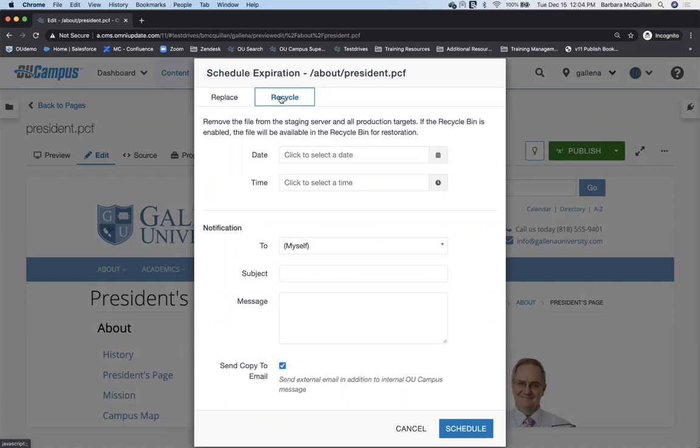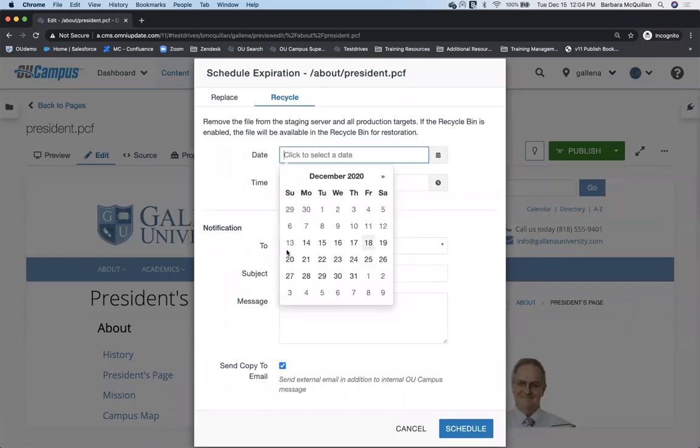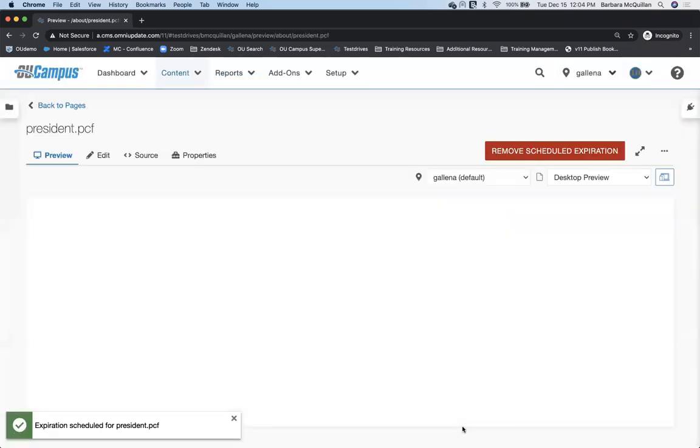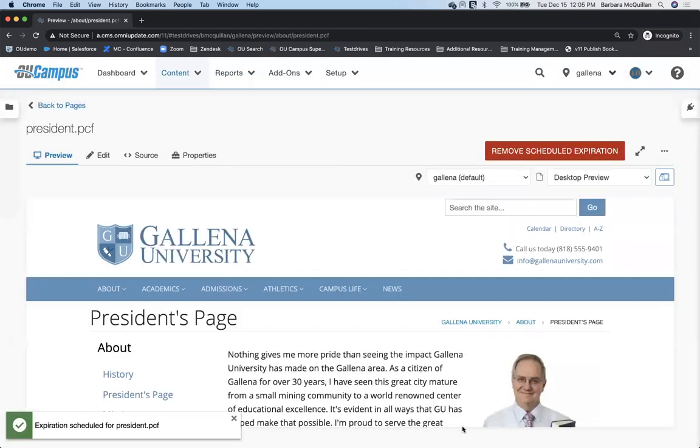When I recycle a page inside OU Campus, it will bring it down off of my live website. So that is an important thing to know. Let's say Monday morning, this should come down. I can schedule the time. I can set up a notification, and I can even send a copy to my email, and I schedule it to expire. When this page comes down,